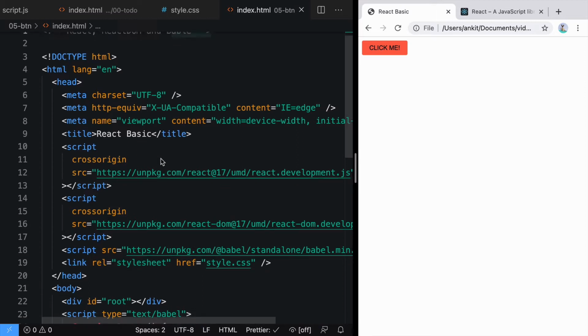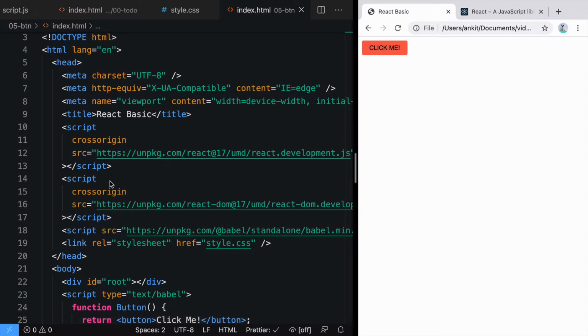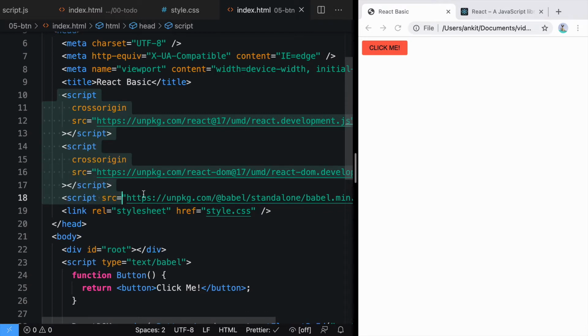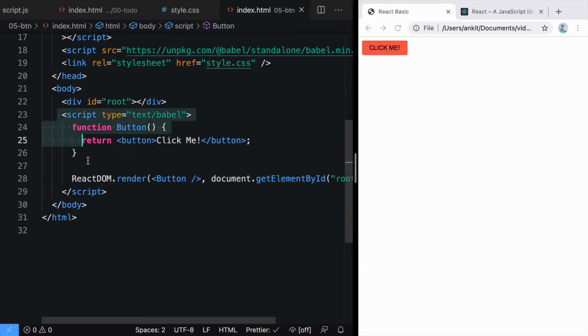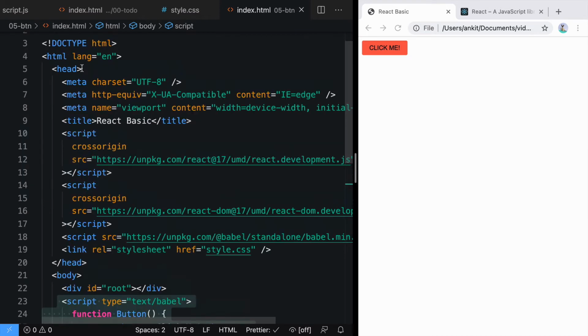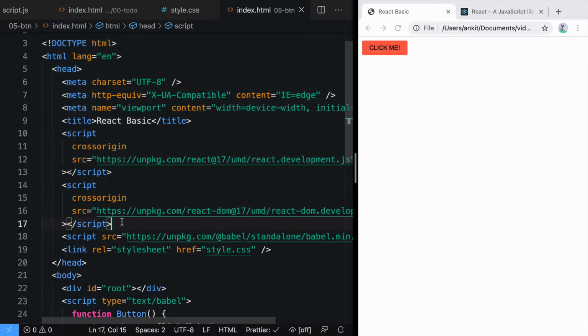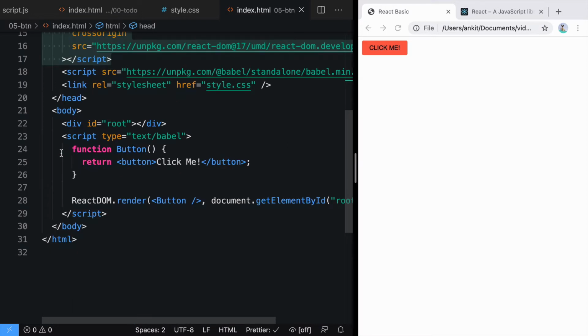So till now, we were writing all the React applications in a simple HTML file by adding React, React DOM and Babel script tags here and writing all your React code into script. So by showing you that we can write React application in a simple HTML file, I was trying to show that you don't need any extra tool to write React application. You just need few different script tags, then you can start writing your applications.